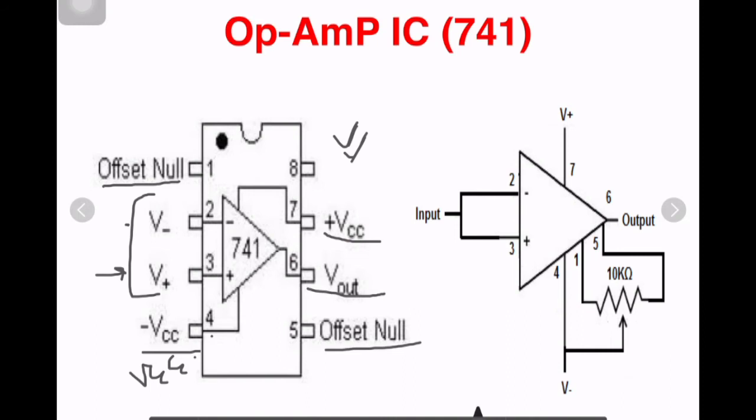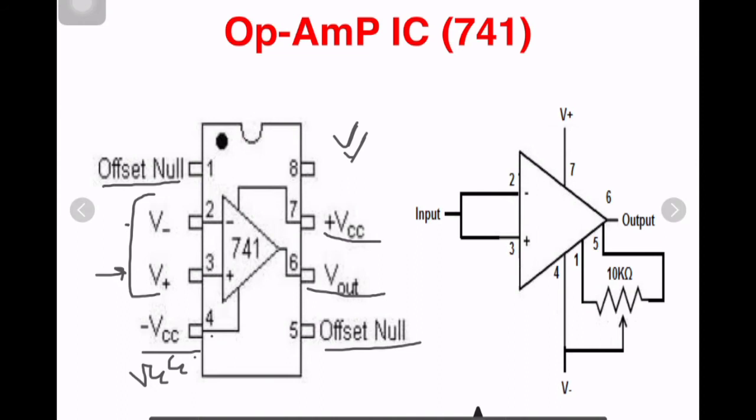As we have seen in the ideal characteristics of the op amp, it should have an offset null value specified. In a perfect ideal op amp, when there is no voltage at the pins connected to the two input terminals, the output should be 0. But when the inputs differ by a small amount, we get an output value. Even though the input is 0, we are getting some output value, that is called